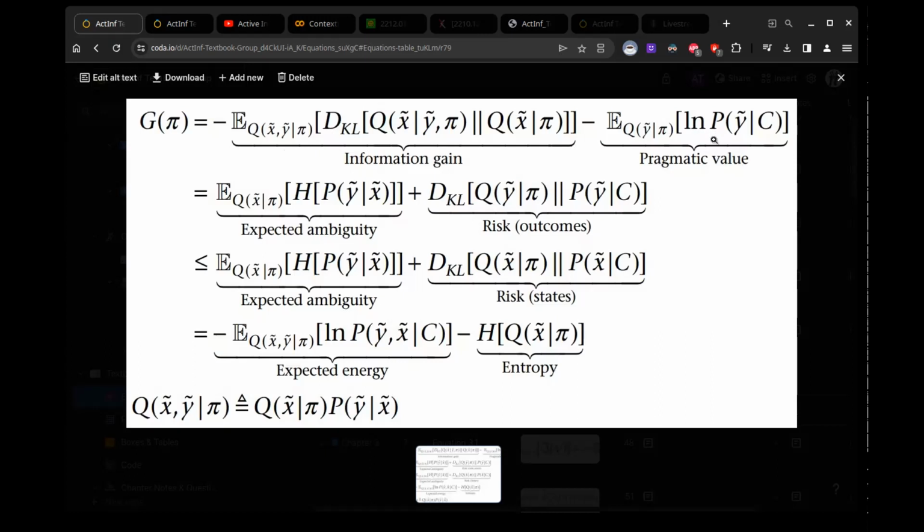Here we have pragmatic value. And this is basically, how surprised are you about the sensory data given your preference? So if your preference is 37 and it's like a bowl around 37, then the highest pragmatic value policy would be the least surprising, meaning that the ball would be right at the bottom of the bowl at 37.